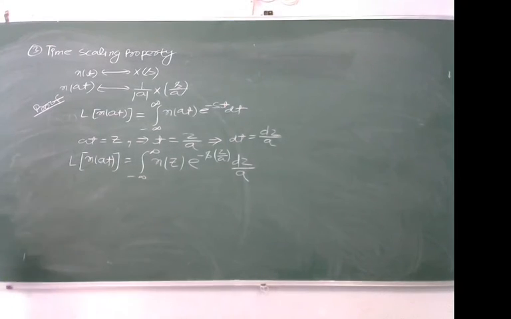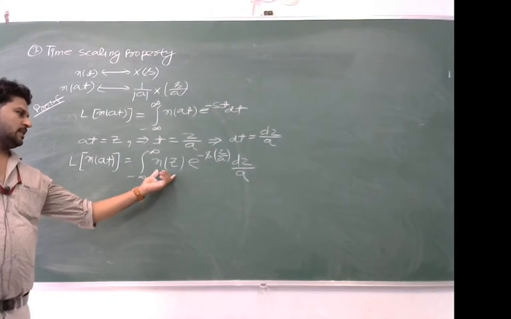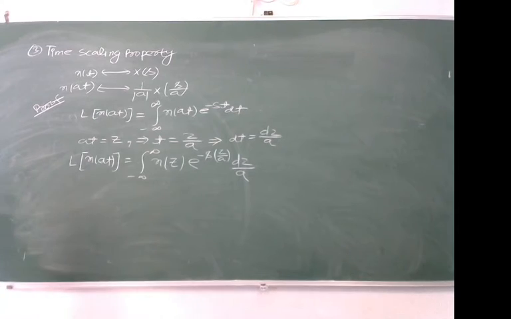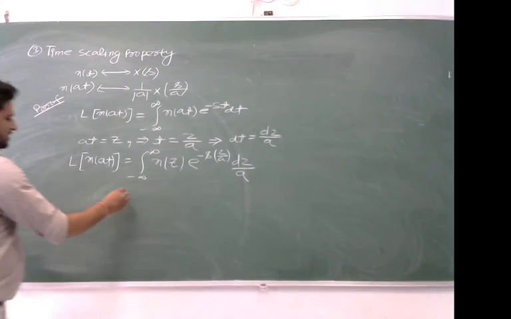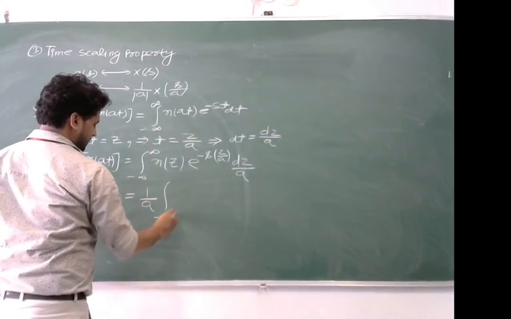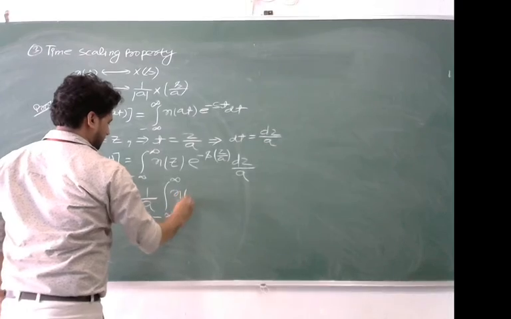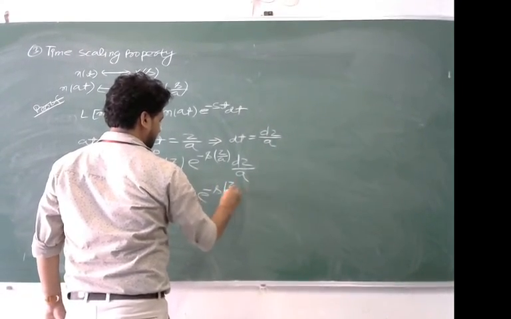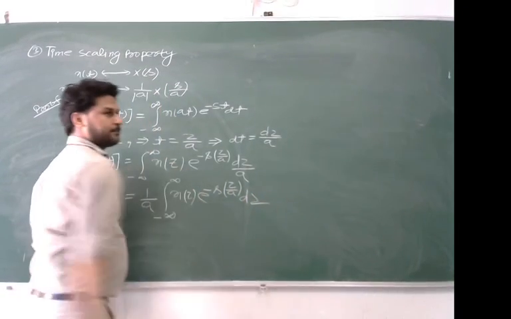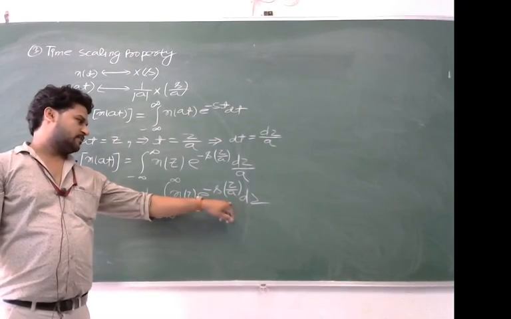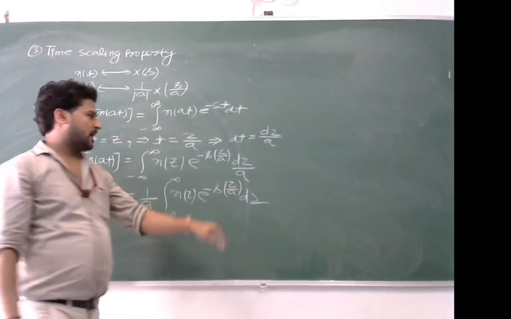So we can simply write it as, this is the Laplace transform of the function at s by a, because this can be written as one part. I will put this 1 by a outside of the integration from minus infinite to plus infinite of x of z e power minus s into z by a into dz, and it means that this is the Laplace transform of